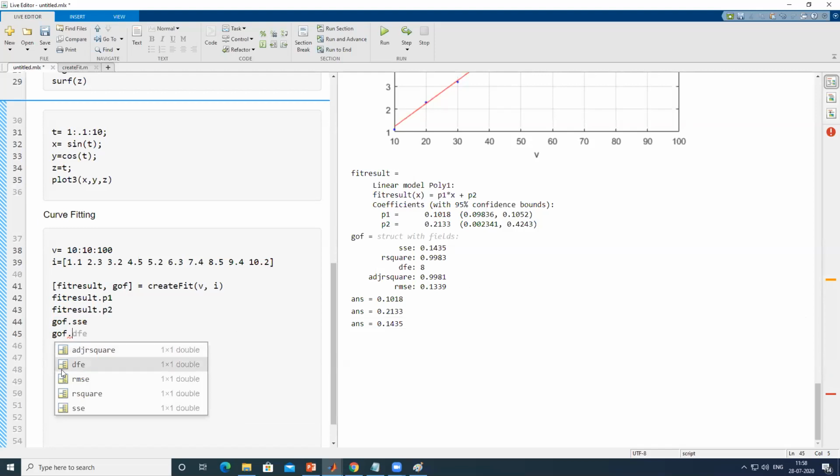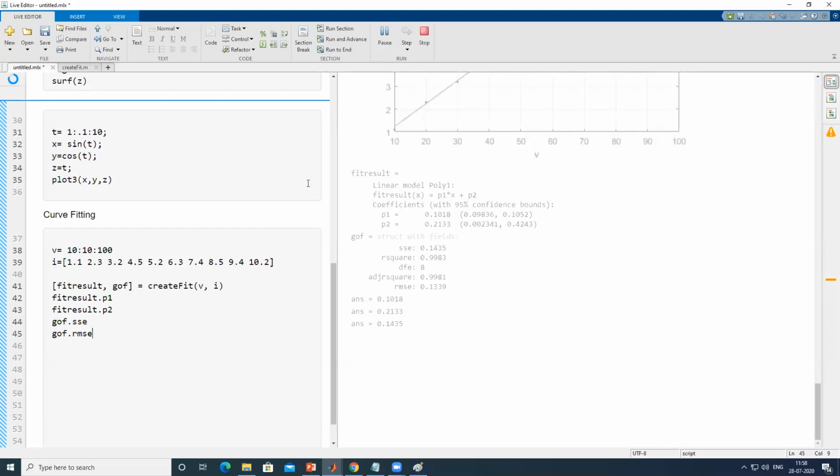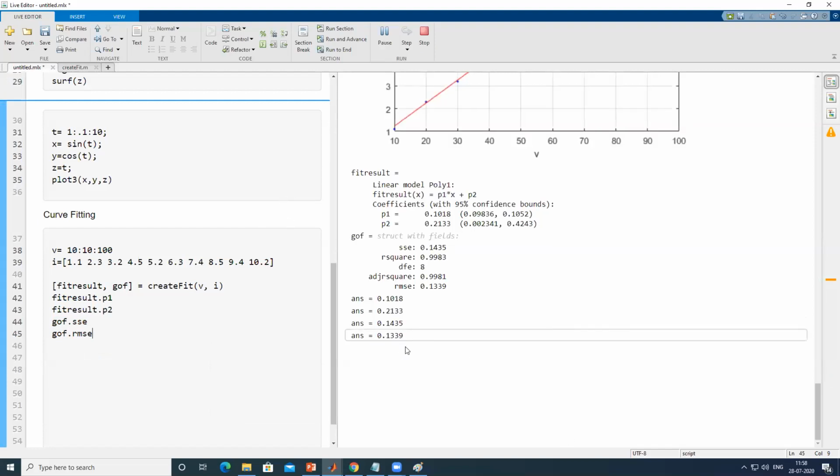So with this method, whenever your data is in a structure field, you can extract the particular field with dot notation. You just have to type the name of that field after the dot, and that's all.